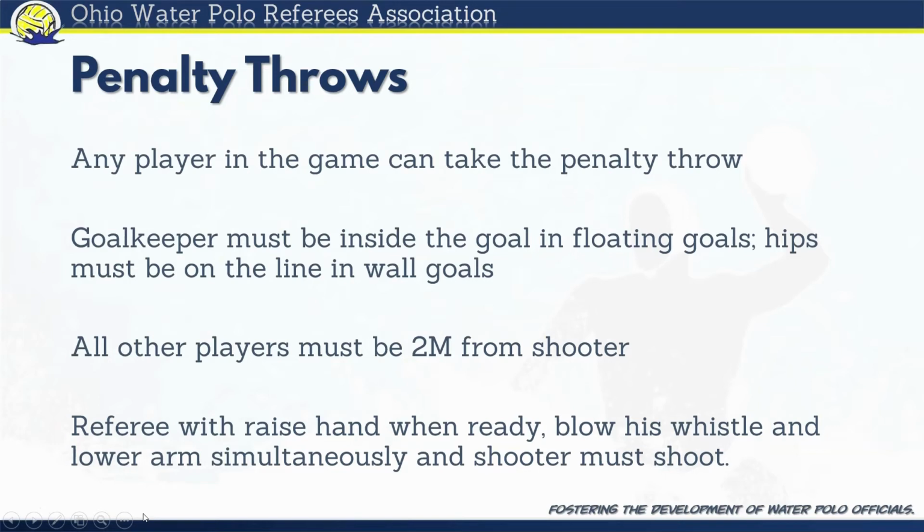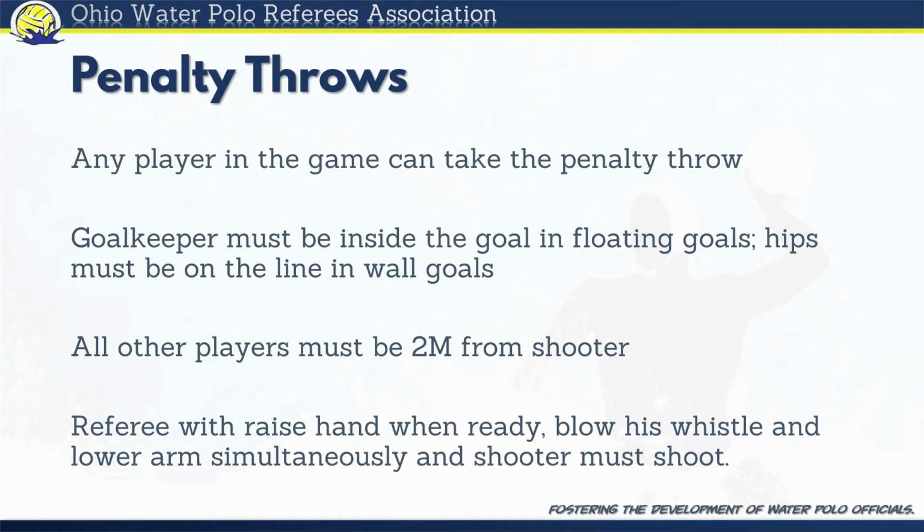I didn't update this slide, so I'm reading it real fast to make sure I didn't mess it up. To that 6 meter line there. But I remember penalty throws are still taken at the 5 meter cone though. All of the players must be 2 meters from the shooter, right? So that's wider than the goal, so you're not allowed in there splashing or kicking sometimes. Referee's going to raise a hand when ready and blow his whistle and lower arm simultaneously, and the shooter must